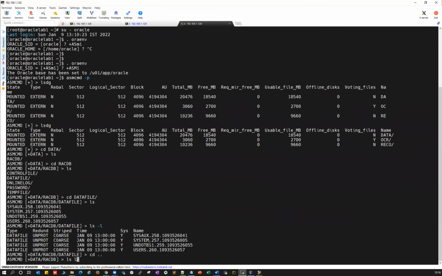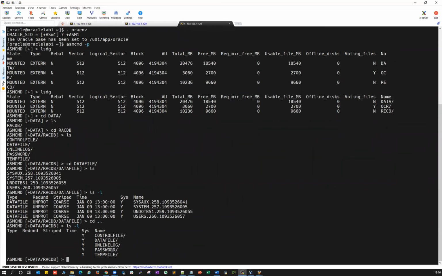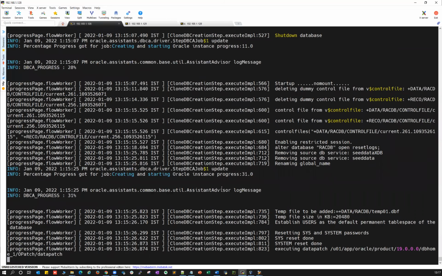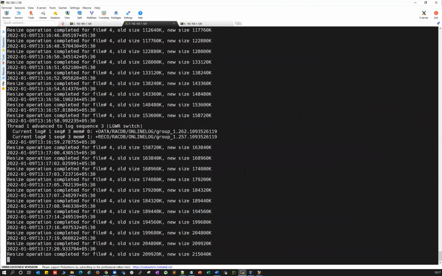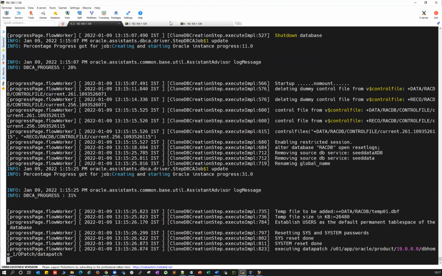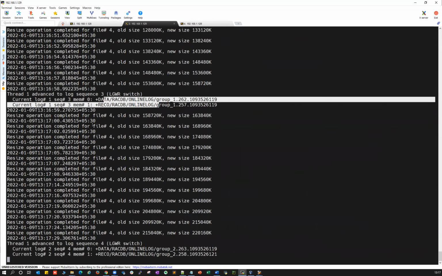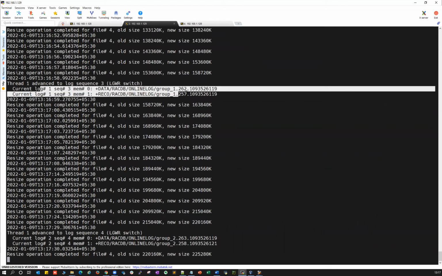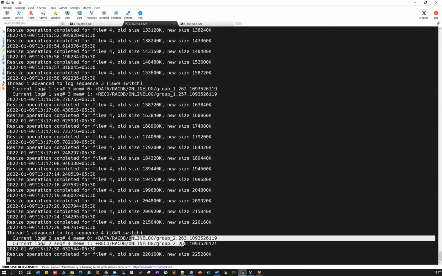If I go back here, one directory, ls -l. Okay, it has not yet created my pluggable databases. Once it creates a normal database, it will convert that to a container database. We selected the container database, CDB, so it installs a brand new CDB first, and after that it'll install my pluggable database, that's PDB1. Okay, still going on. It is converted, thread 1. All the logs are coming from group 1.